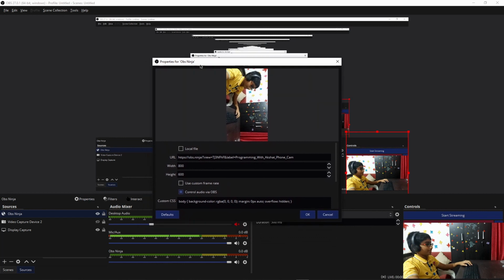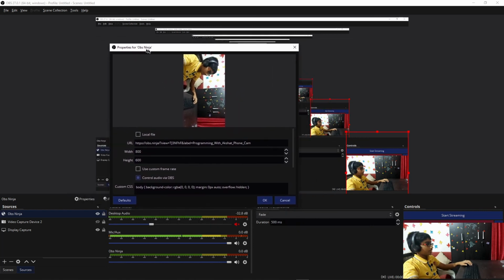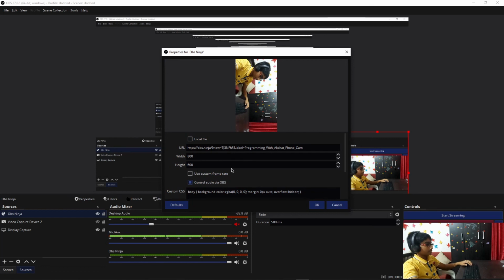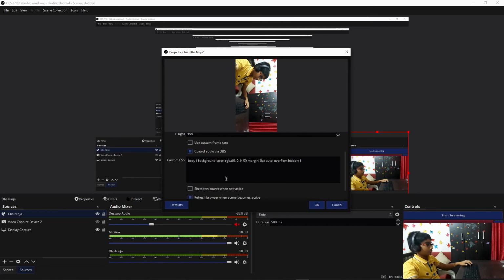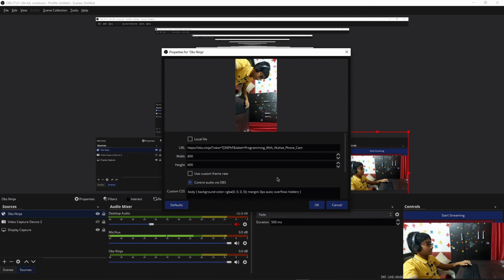And now I know this looks really weird. That isn't really how my webcam looks on the main video. So what I've done is I've just rotated it so that it becomes horizontal, right? So right over here, this is the URL that I've got, and then the width and height is just the default, and then control audio via OBS, I've done that. Refresh browser when scene becomes active, I've done that too. So yeah, that is what I've done right over here. So I'm just going to click OK like so,